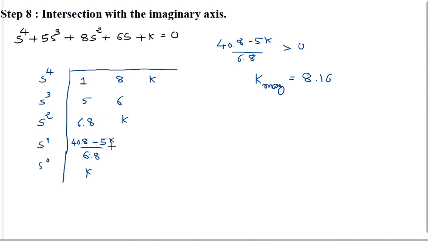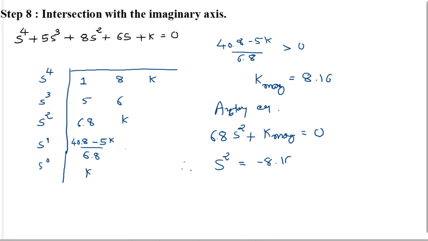If we put the value of k marginal here as 8.16, then it will become 0. After putting this value here, this row becomes 0, and so that becomes the auxiliary equation: 6.8 s square plus k marginal equal to 0. Okay, after solving this, s square is equal to minus k marginal